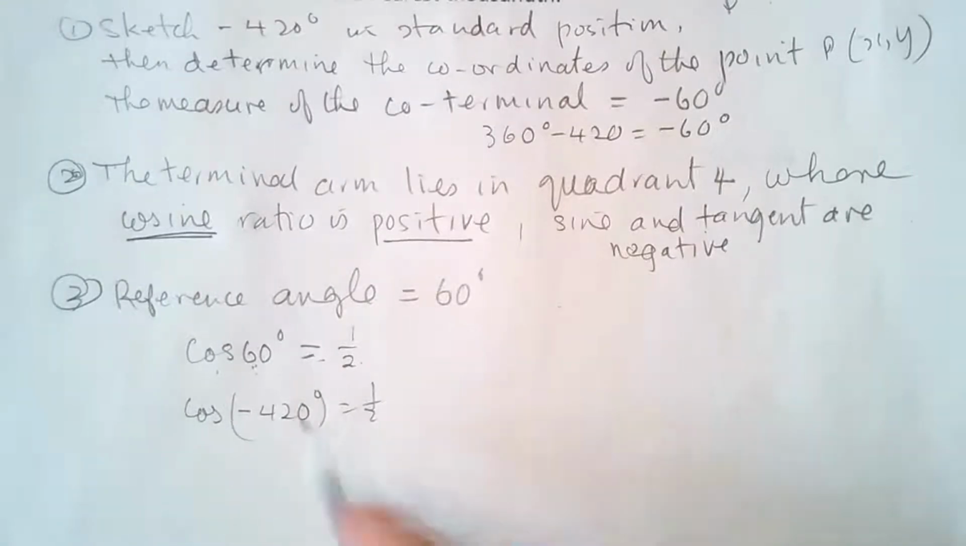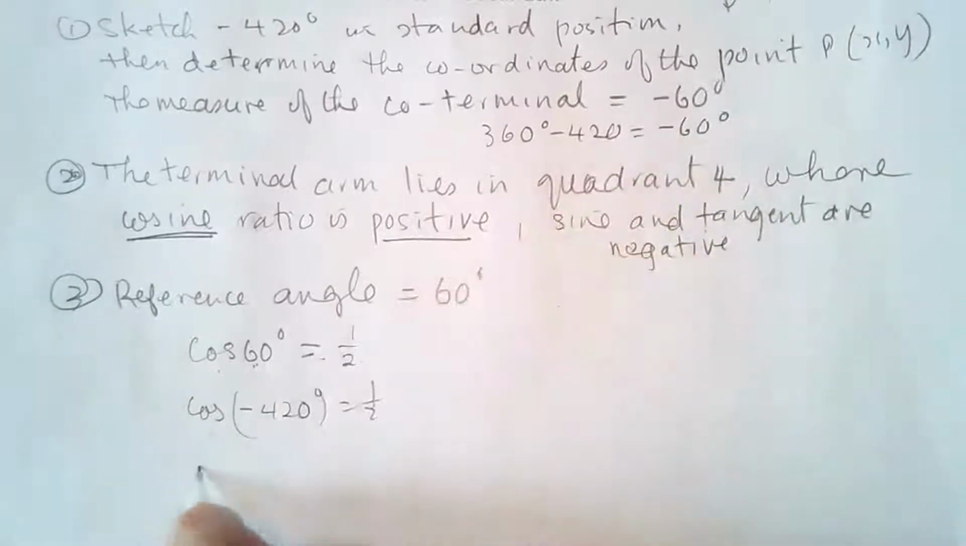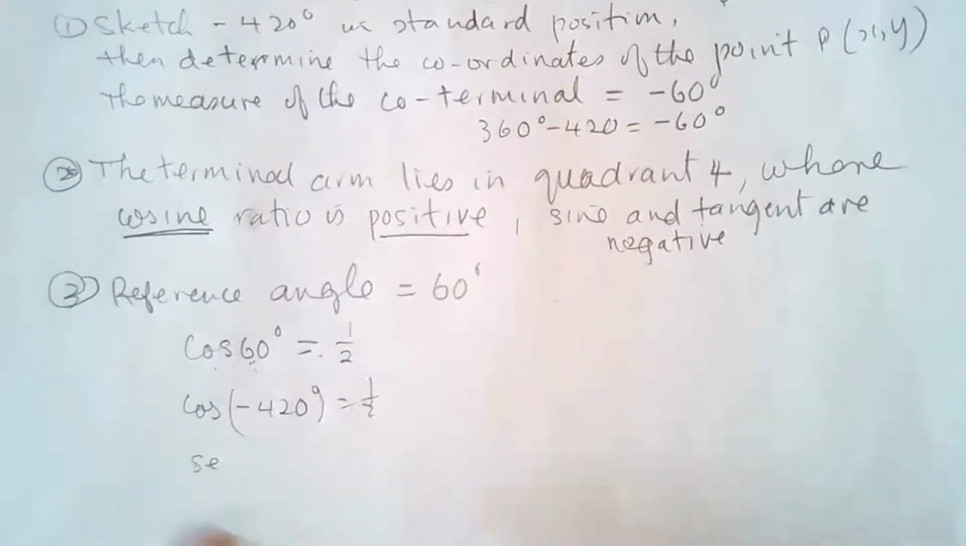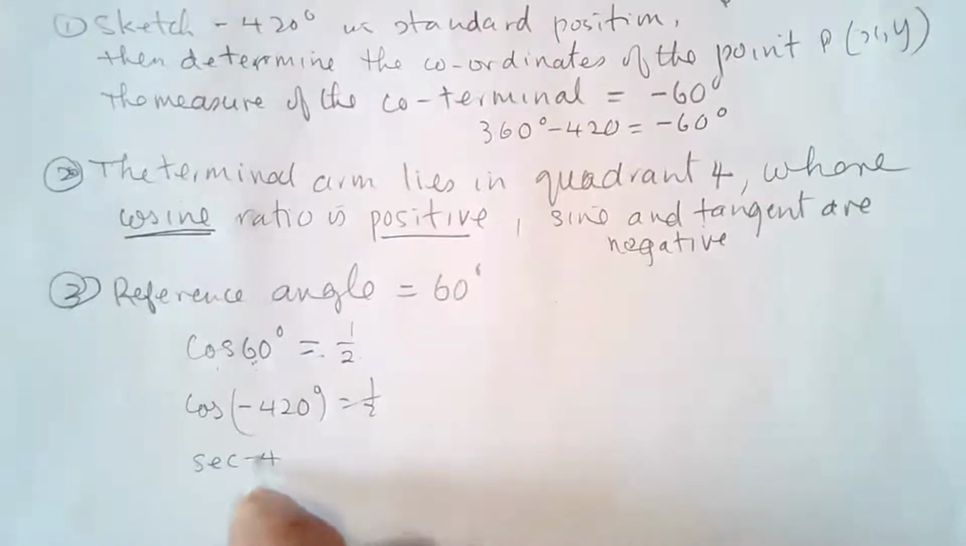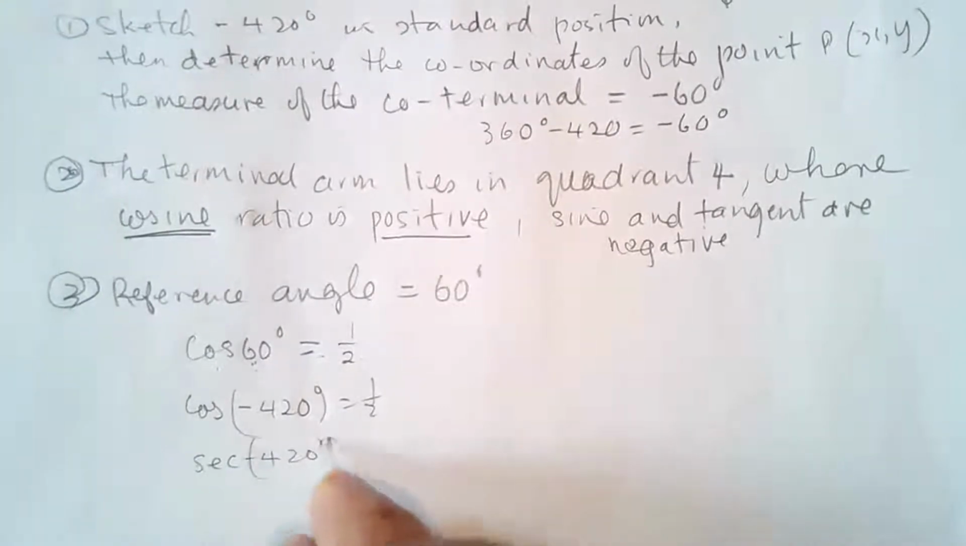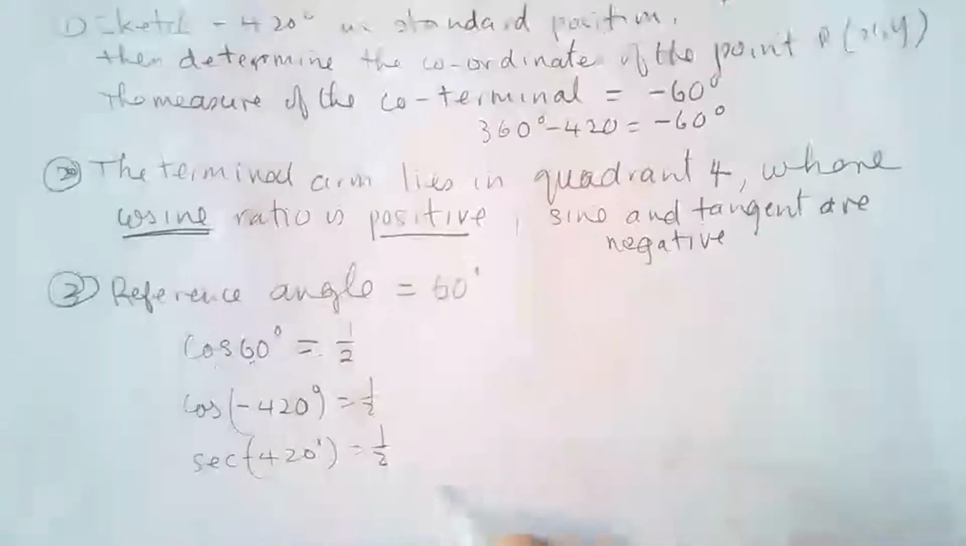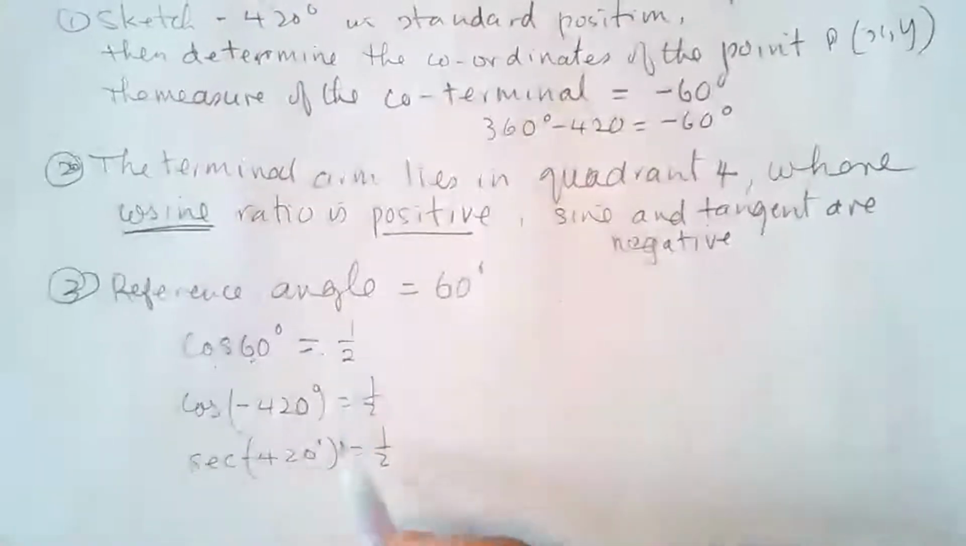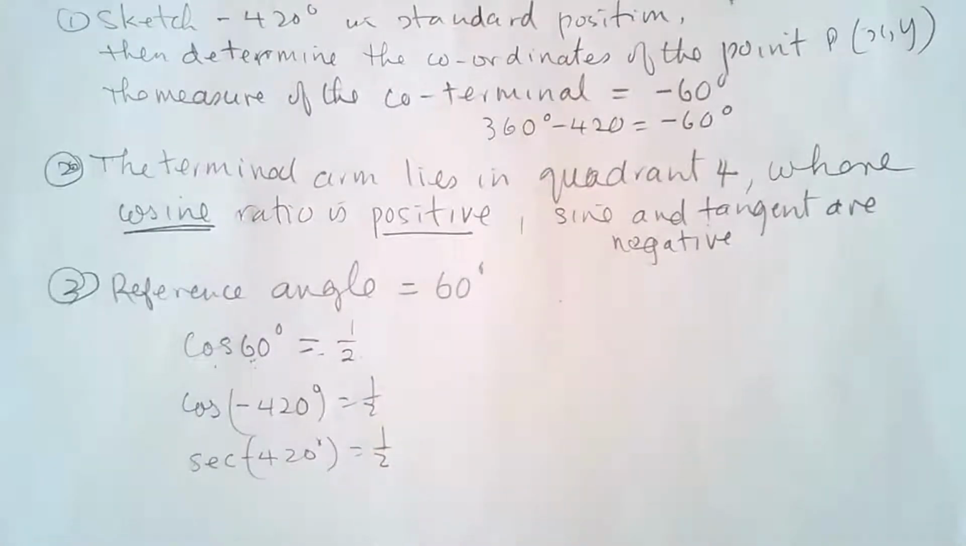If we were to say secant now, which is the reciprocal of cos, we can say secant negative 420 is also a half. So here we have our,